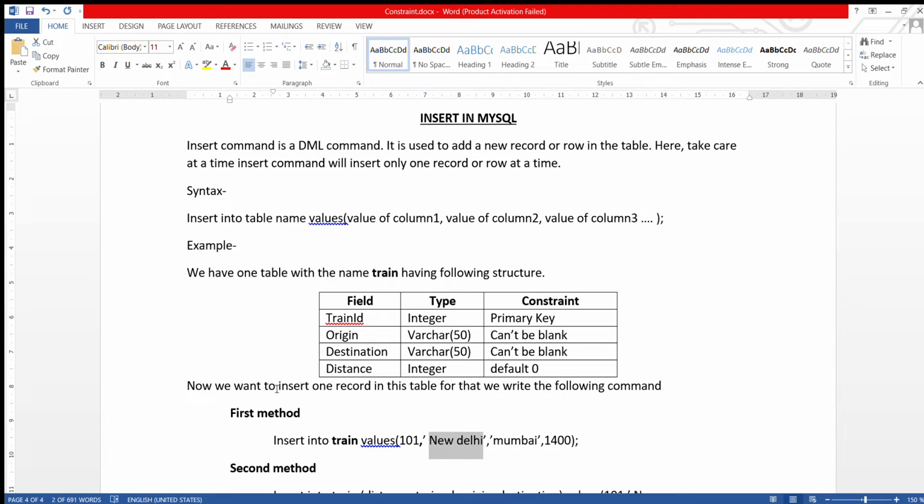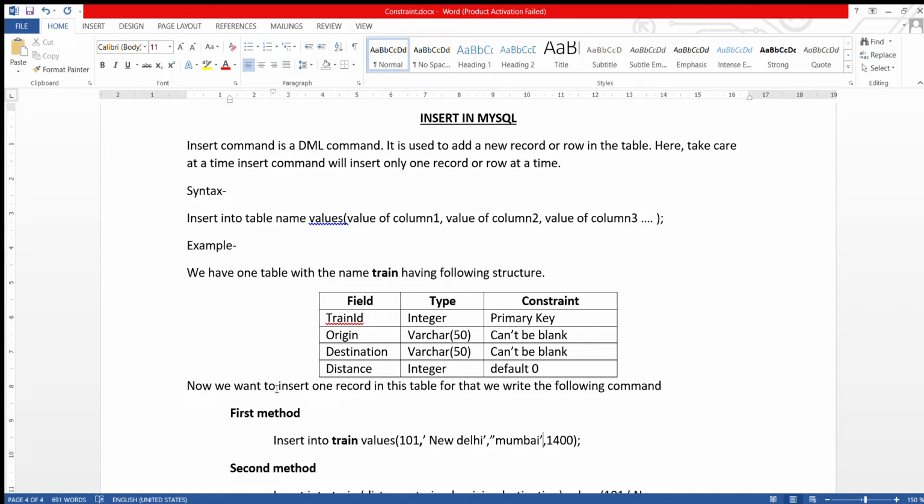But here, just see one difference between column number 1 and column number 2. Column number 1 is of integer type, that's why no single quotes or double quotes are required. But in the second column, New Delhi, I have put single quotes. Why single quotes? Because this is a varchar column, it contains alphanumeric values. Then again a comma means the next column.